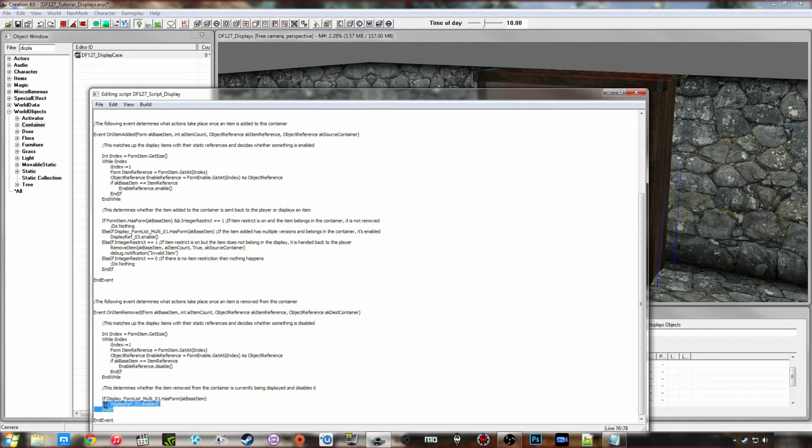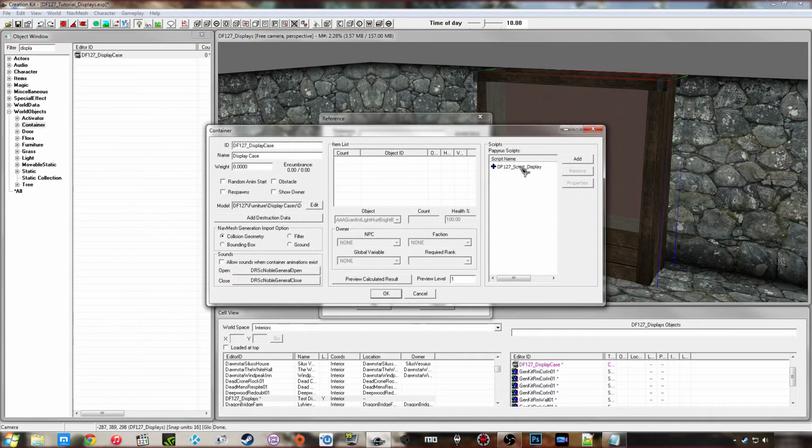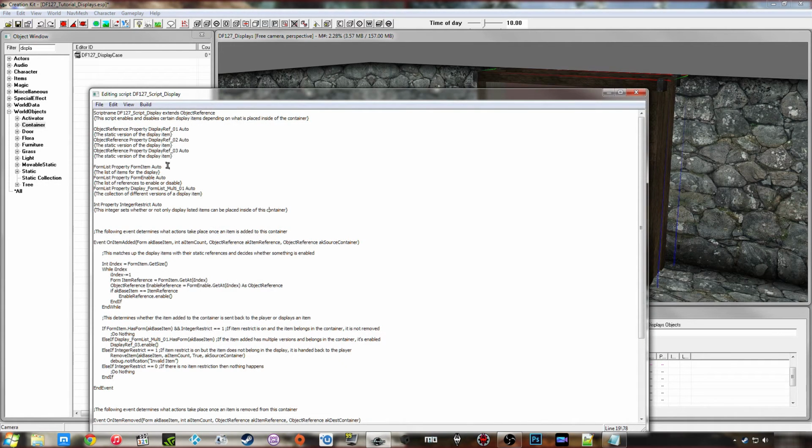And then there's a hell of a lot less here. This is only going to be here if you've got something that has multiple items. And it's basically saying if it's one of the Chillrend versions, it'll disable it from the display case when it's removed. So it's really quite simple, and actually all you'd need to change, so for every reference, every weapon that